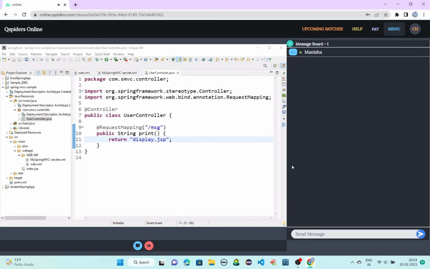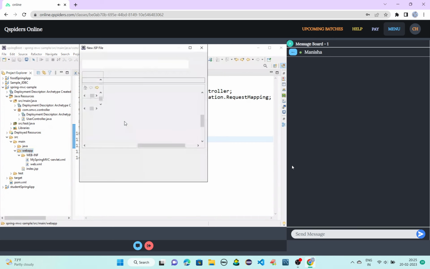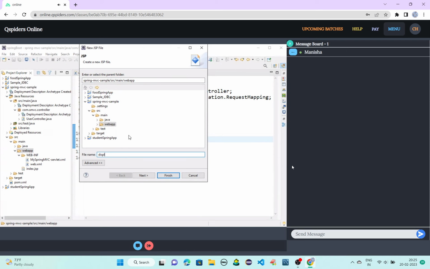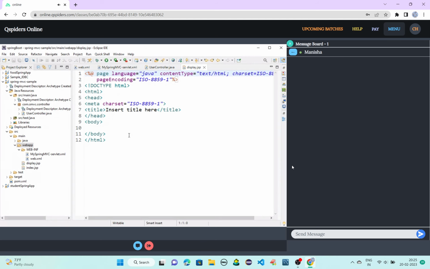So what we will do here is create a display.jsp file. Inside webapp, I'll create a JSP file and name it display.jsp. The object will be sent in the form of HTML so that the browser will understand.